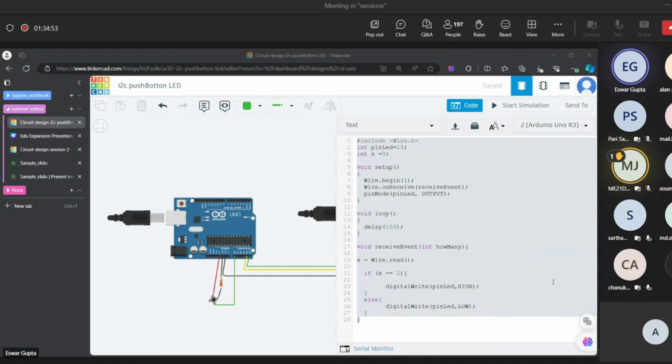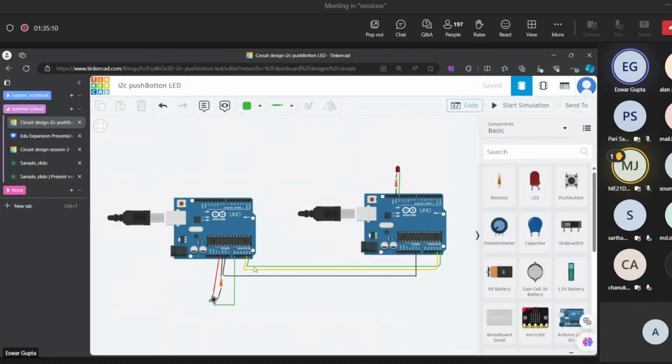Most of the time when you click the push button, the LED glows, but sometimes on pushing it, it doesn't glow. Why it doesn't glow: if you push the push button, like tap 2 times, it won't glow. If you just tap 1 time, it will definitely glow. I'll show you once again. Keep on the push button and tap only 1 time.